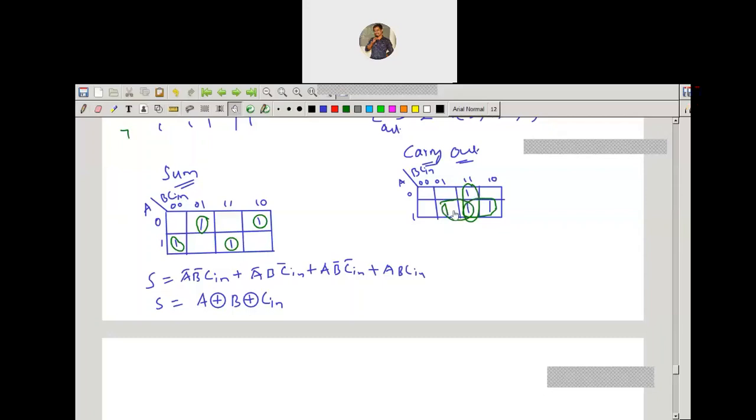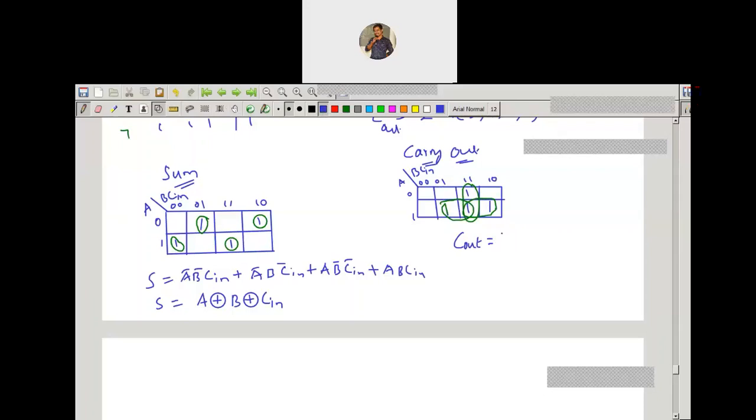So anybody answer me, how many essential prime implicants are there in this grouping? EPI. How many essential prime implicants are there? So is it 3? Only one person answered it is 3. Obviously it is going to be 3 only.